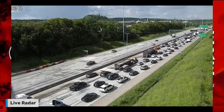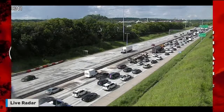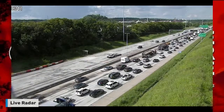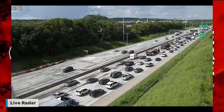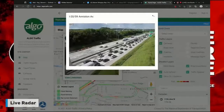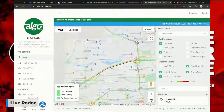So if there's any way that you can bypass downtown Birmingham going home, I would really urge you to use 459 or Highway 280 to go around the downtown Birmingham metro area, because it is a nightmare out there in downtown Birmingham today. So that's